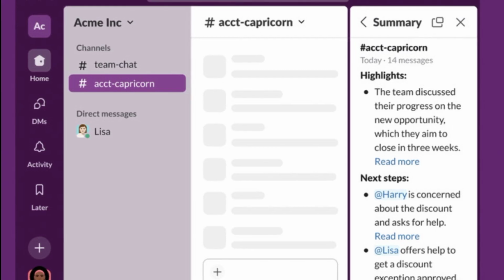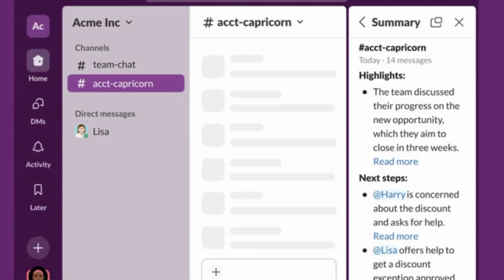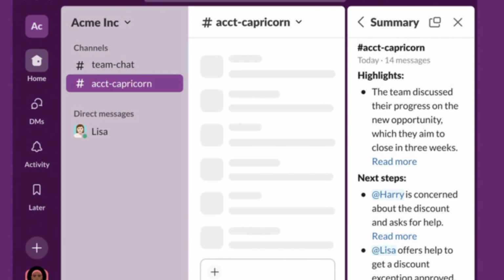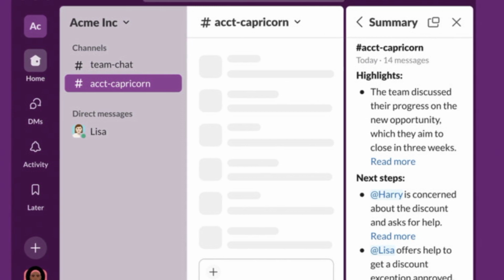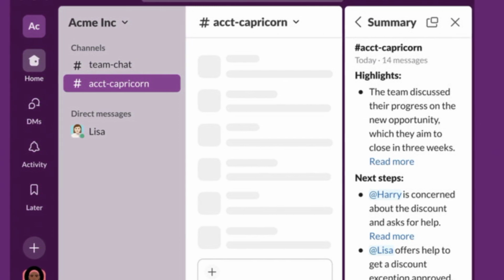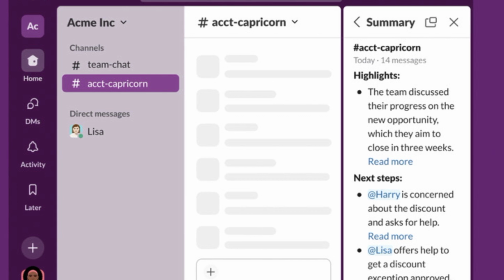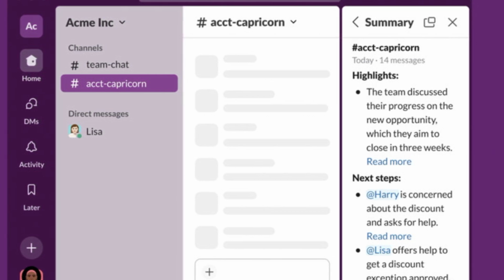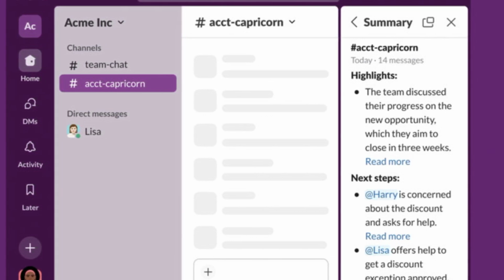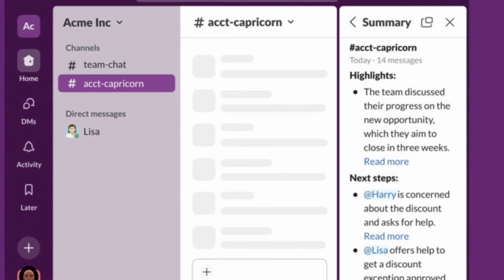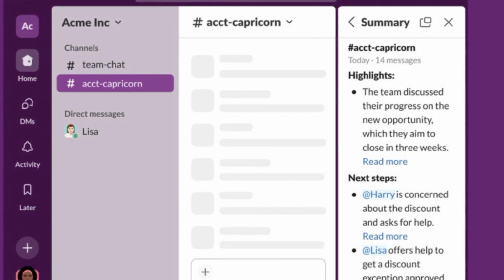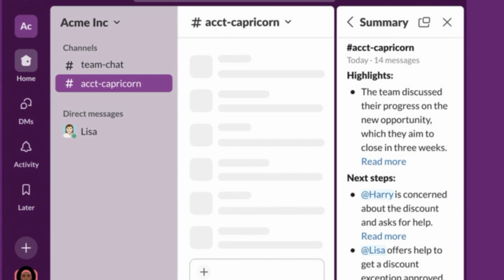Slack is launching a built-in AI tool that can do things like summarize threads, recap channel highlights, and search for answers within your messages. In an update on Wednesday, Slack says it will start testing the new feature, called Slack AI, this winter. One of the features that Slack AI will offer is channel recaps, which can automatically generate summaries